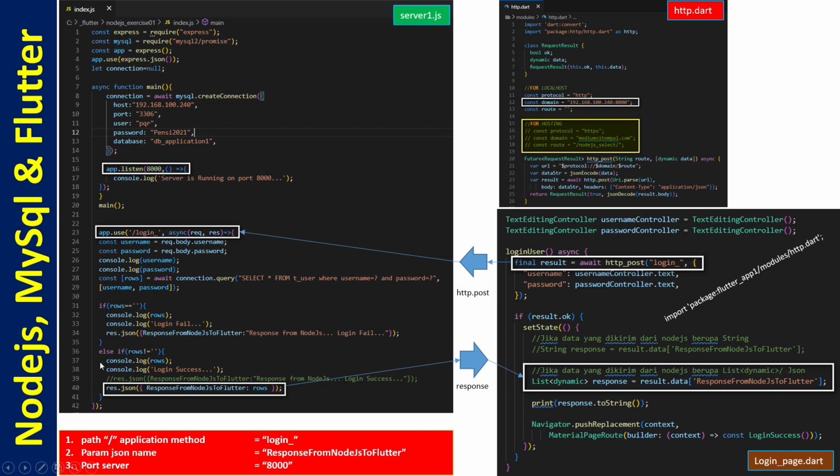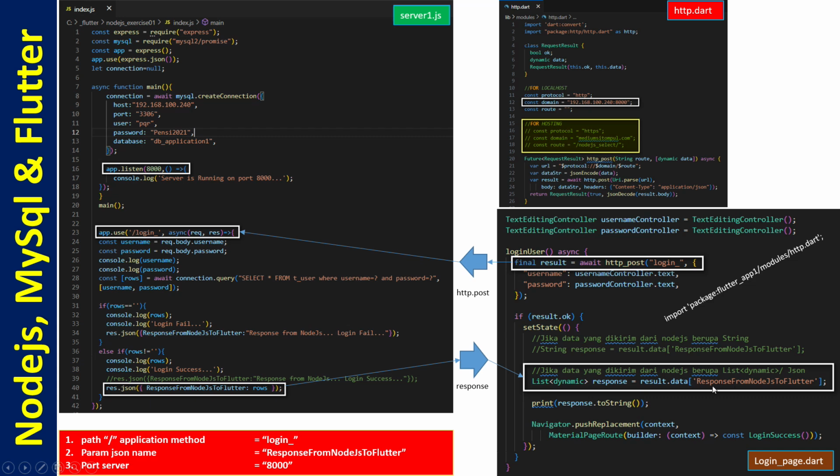Okay, the conclusion is to make an integration from the Flutter to the Node.js must concern you to these 3 points. The path, yeah, and we use path login underscore here. And parameter JSON name, we use respond, the name is respond from Node.js to Flutter.